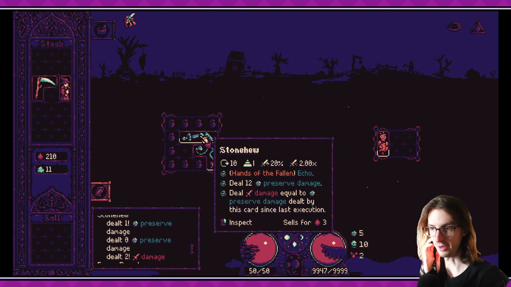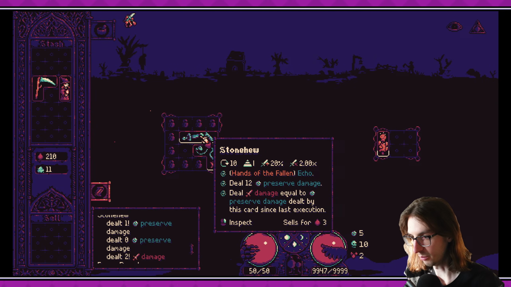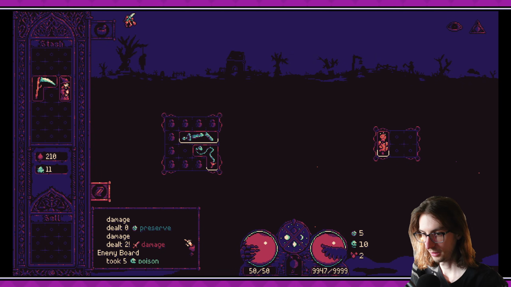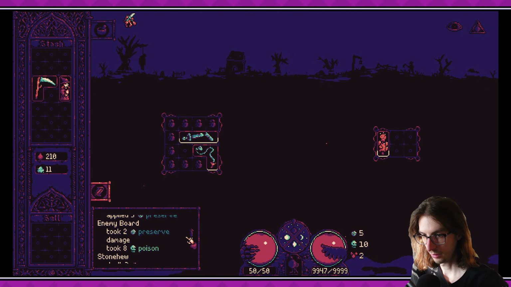Oh, so the interesting thing about Echo on Stone Hue here is that if it echoes the preserve damage, then this third ability here, deal damage equal to preserve damage dealt, will actually deal more damage. So that's cool. The other thing, though, is that it's probably going to... If it chooses to deal the damage twice...